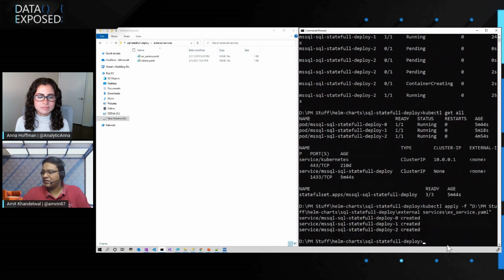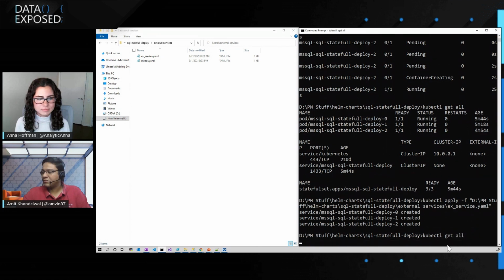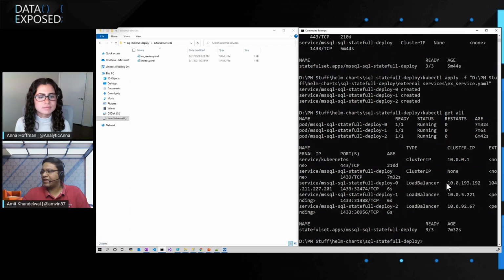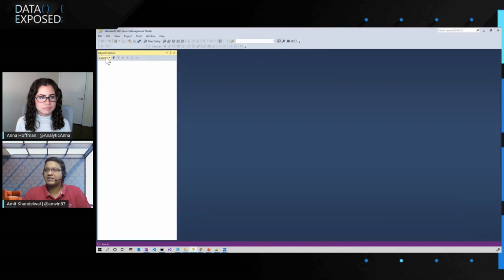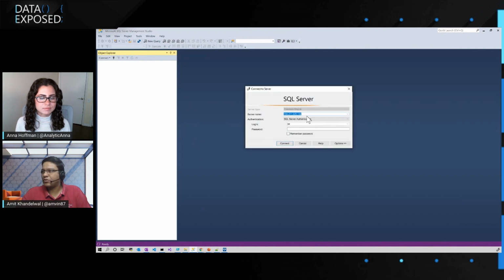And the command is pretty much this. And once I do that, there you go. Now just take a look at the services. You can see 3 services all up and running. So as a DBA, now I can just go ahead. So this is my local machine, remember? I can open SSMS or Azure Data Studio, whichever tool you like, and give in the password. Of course, I'm not going to say what the password is. And just connect to it. Okay, I should connect, unless I've just messed up the password.